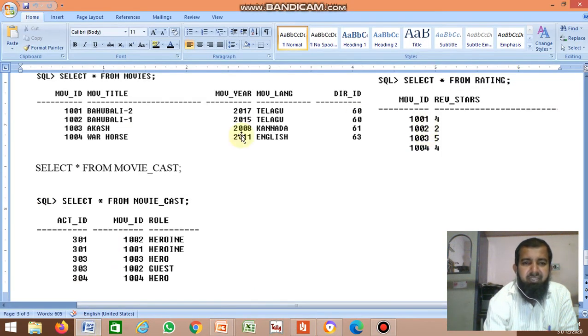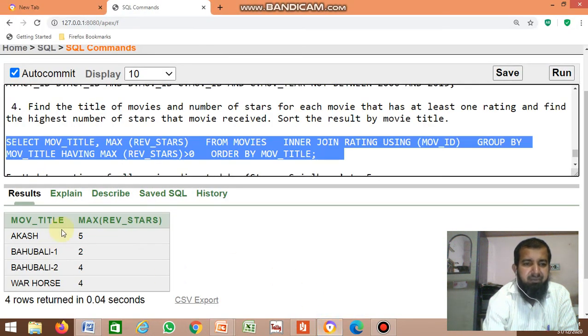So you need both the tables. The 1001 corresponding is Bahubali 2. The rating is 4. So for 1001 the maximum is 4 only, and the movie name is Bahubali 2. Bahubali 2, 4.